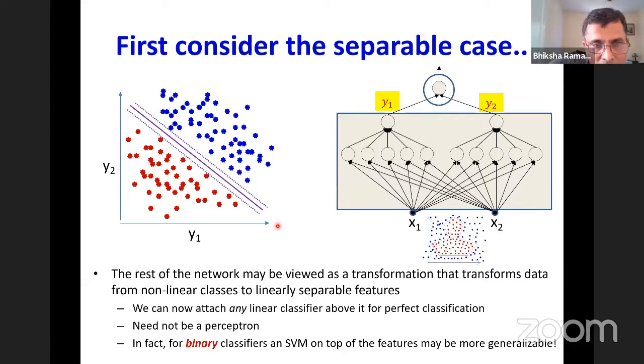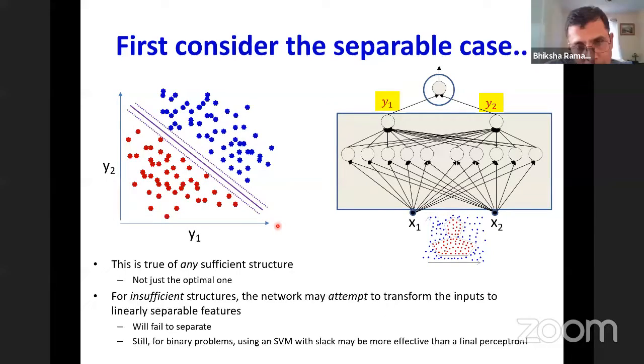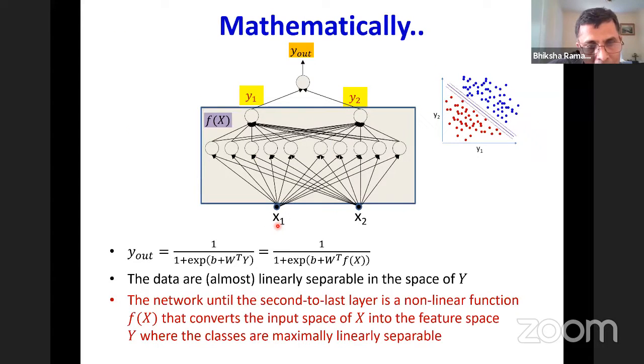And the output is simply a linear classifier that operates on this linearly separable data. In fact, you don't even need a perceptron at that point. You can attach any linear classifier, for example, an SVM on top, or an SVM with slack. Now,